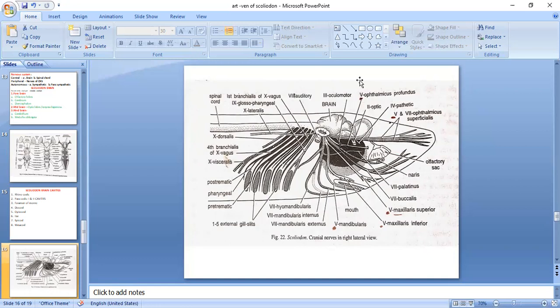Yeah, this one is optic. So this is optic. So here, okay, and the third one, okay, so this